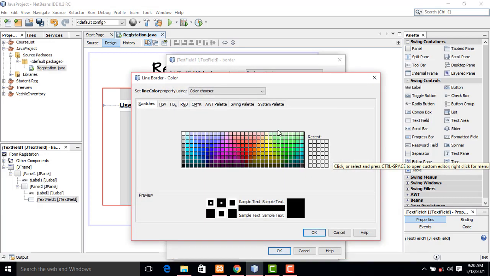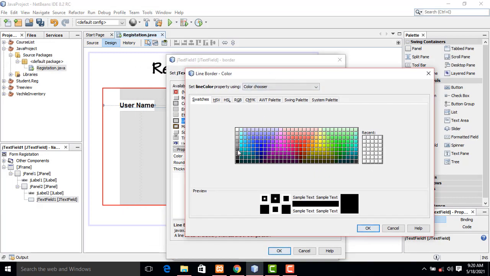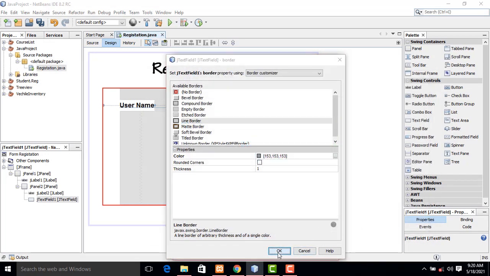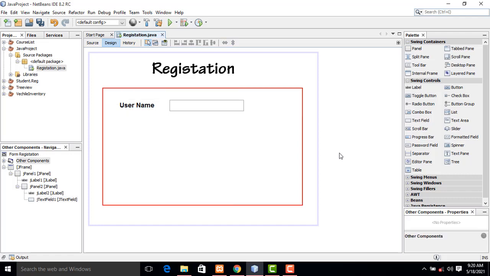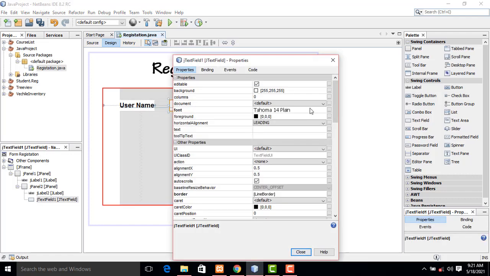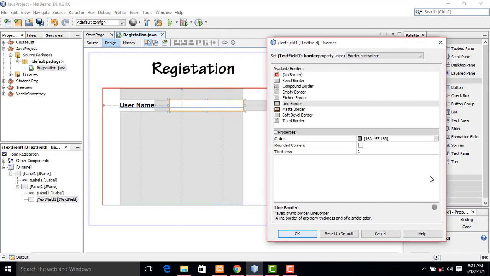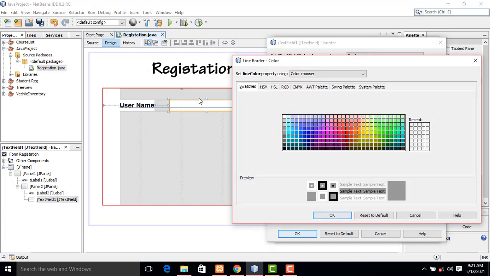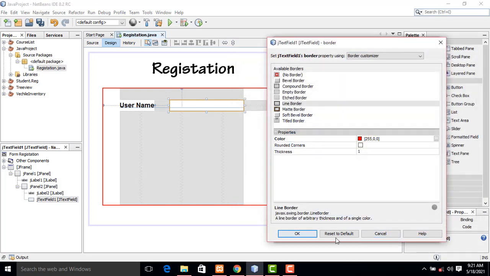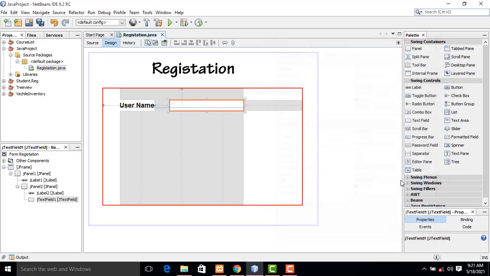You can change to any color you want. If you change this color like this, something like this, close it. Yes, the color is nice. Or if you change any other color, you will be able to change. It's a border color, line border. This color also, if you want to change to the same color, red, it is the same. Good. Okay, the color is red.